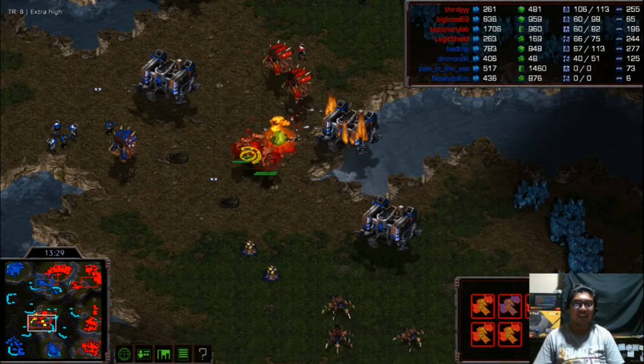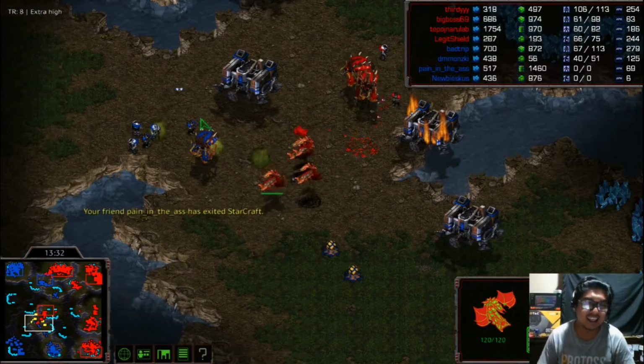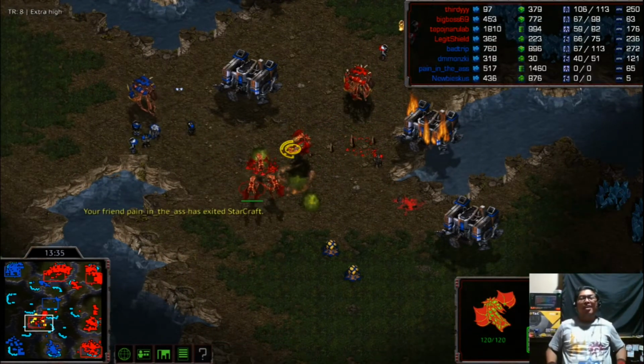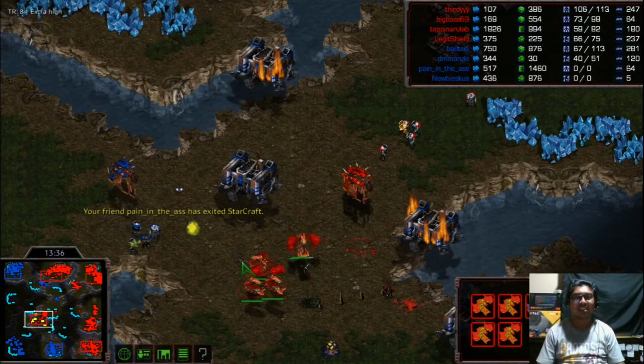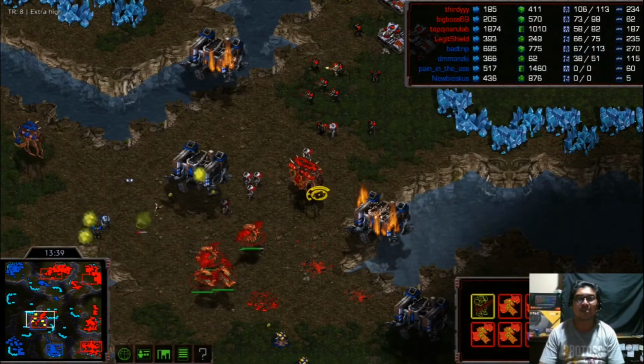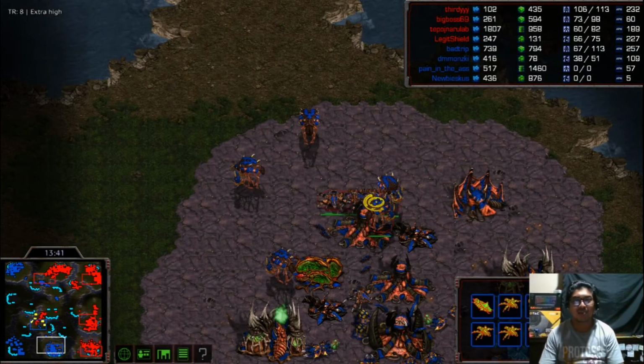And now, what can counter lurkers? Of course, it's Mutalisks. Lurkers didn't stand a chance against the flying glaive worms attacking in the sky. And now the Marines and medics can reign control over this pathway, and will